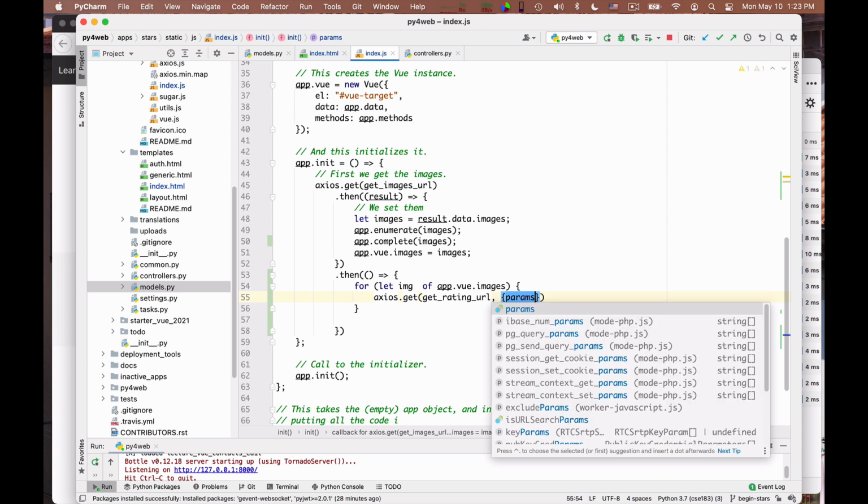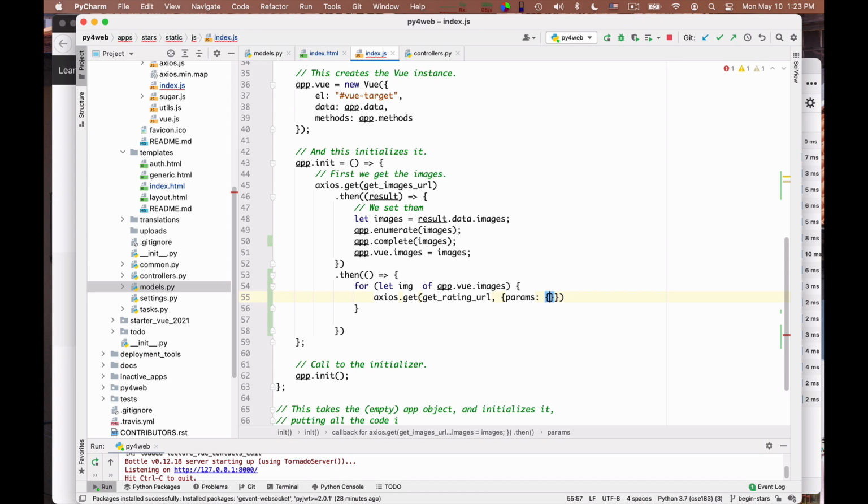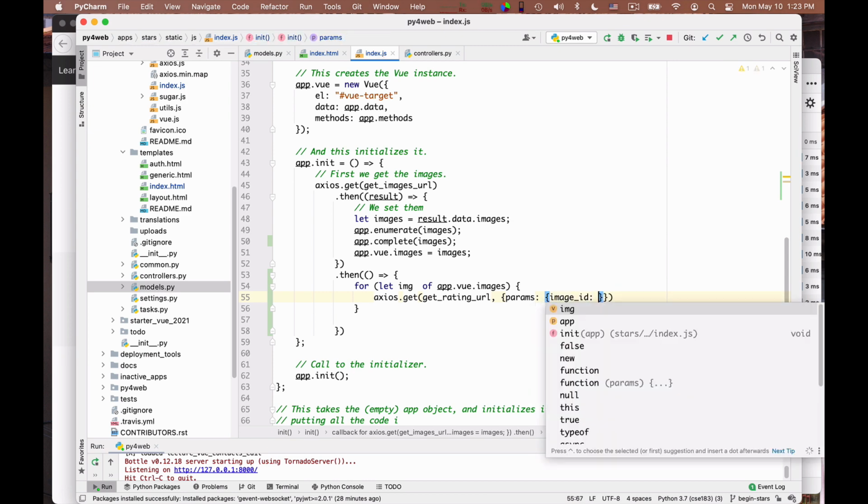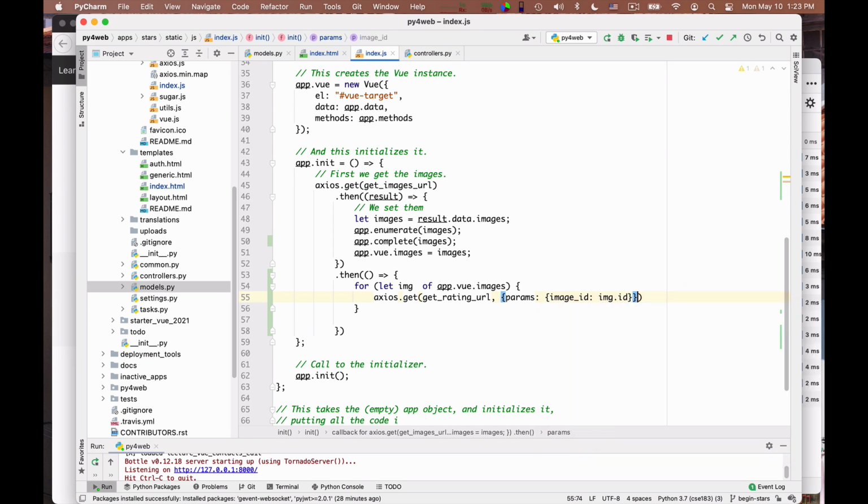So the params are a dictionary in which I say image ID image.id. So I want to get the rating for this specific image. I do not need to specify the user because the user will be derived from the cookie, and so it will be the current logged in user.